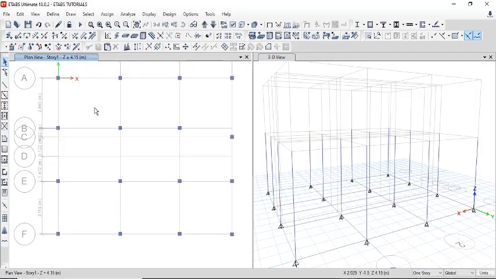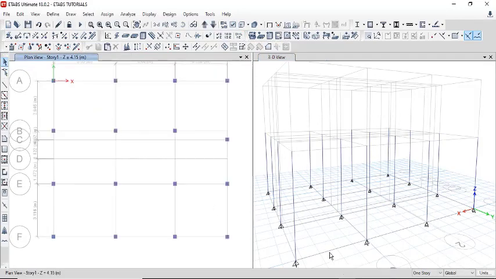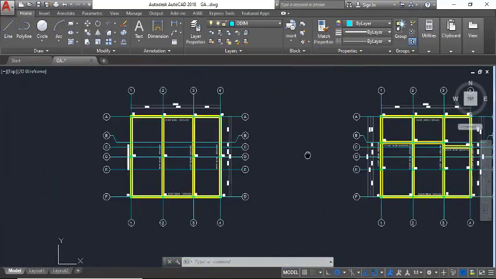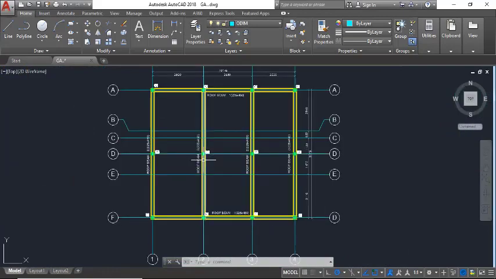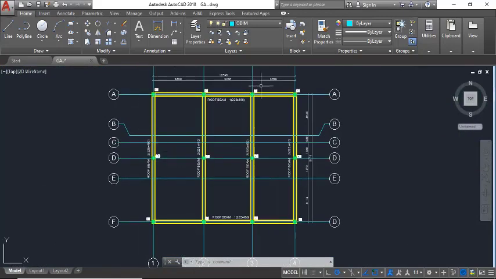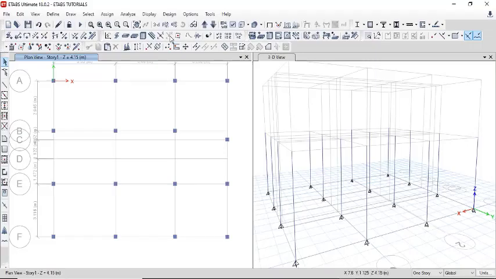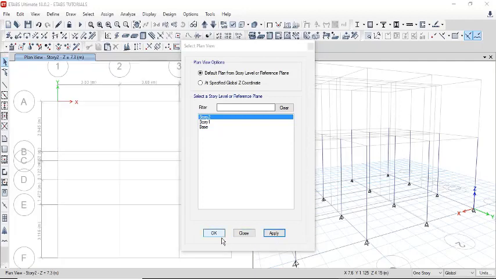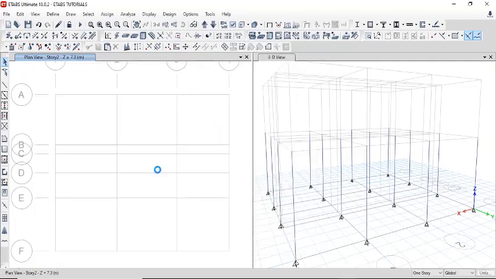So having placed our columns at that story, we are going to move to our next story, which is going to take the columns from the upper side of the first floor down to our roof levels, and this is the general arrangement of it. But let's go back to our tabs, and then at this set plan view, you are going to click on it, then go to story 2 and click apply, then click on OK, and then it closes. So the same thing that you did there, that is the similar thing is going to happen here.